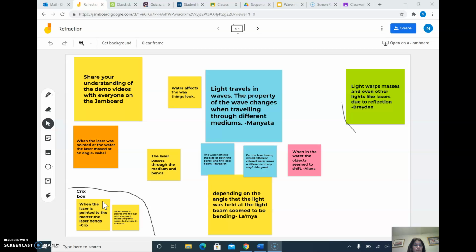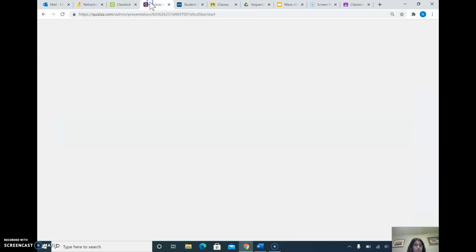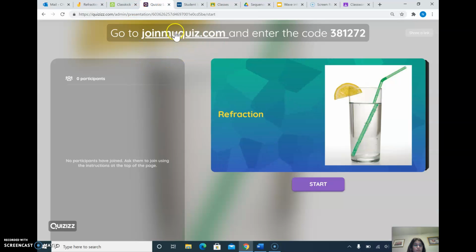So now we talked, brainstormed, and shared our thinking and observations with everyone in the class. Let's go for the explanation. So please join me on quizzes.com. Join quizzes.com and put this code